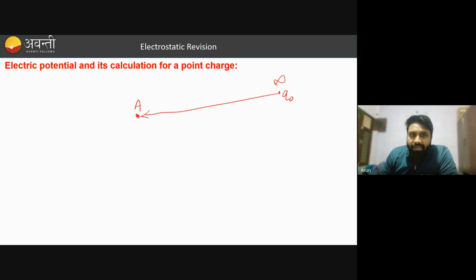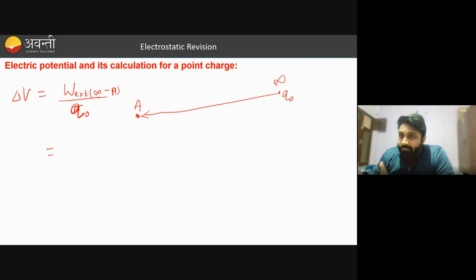for a point charge, the potential difference is defined as the work done by external force from infinity to point A divided by that particular value of charge, Q naught. But